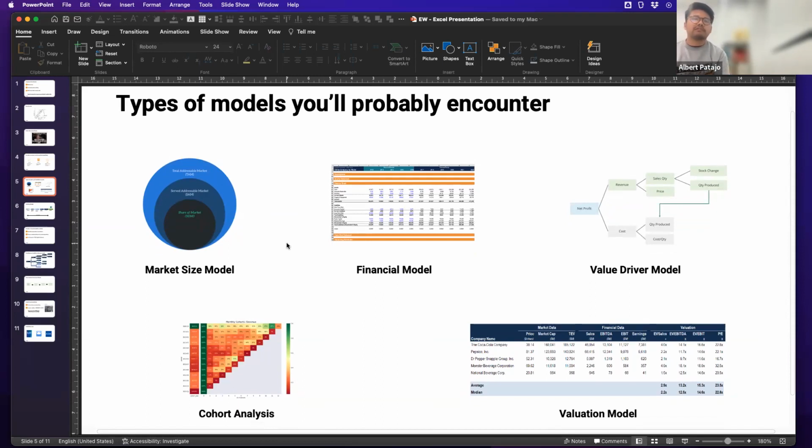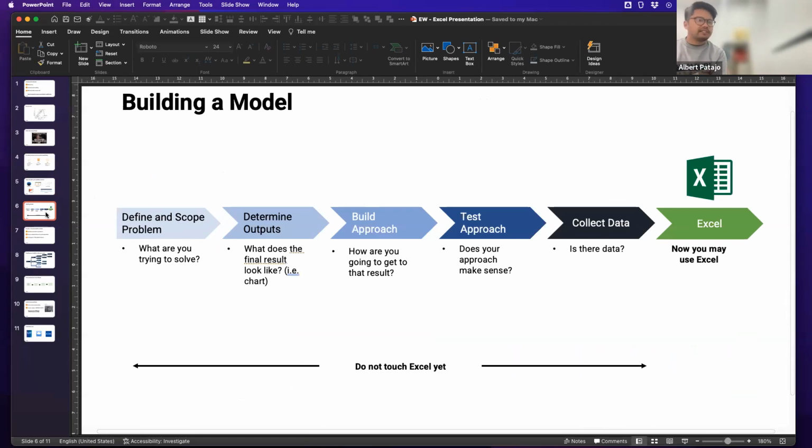It's a very quick overview about Excel and how you can use it. I'm going to spend the next maybe 20 to 25 minutes walking through the steps I take when I build out specifically a financial model, but this really applies to any of these five models here or any model generally in Excel. I think of it in a loose six-step structure. But really, for the first five steps, I don't ever touch my computer. I spend a lot of time thinking about what I'm going to do rather than doing.